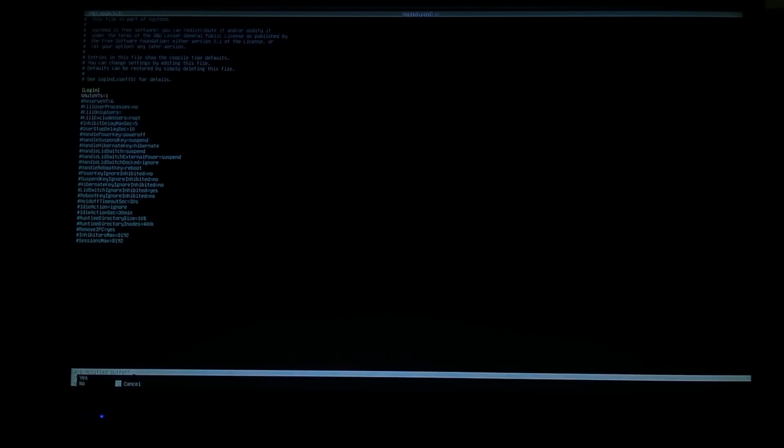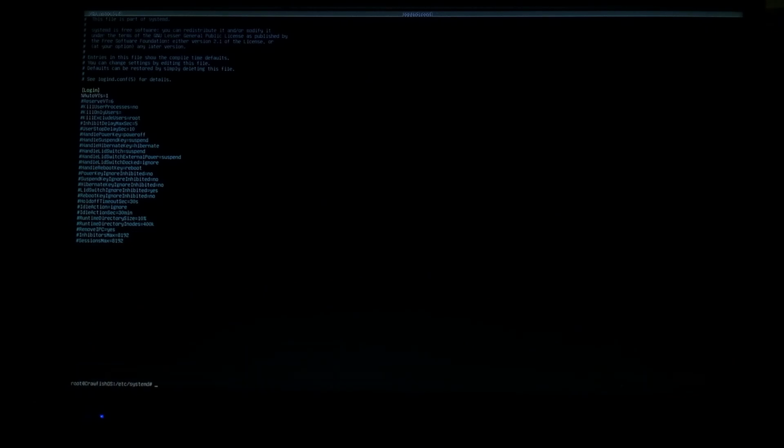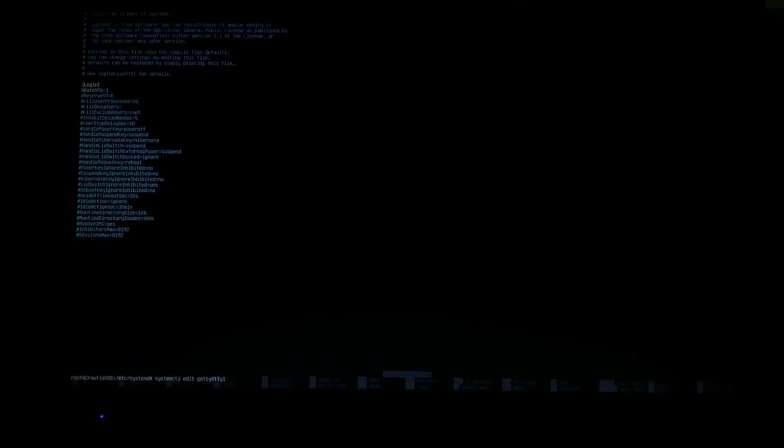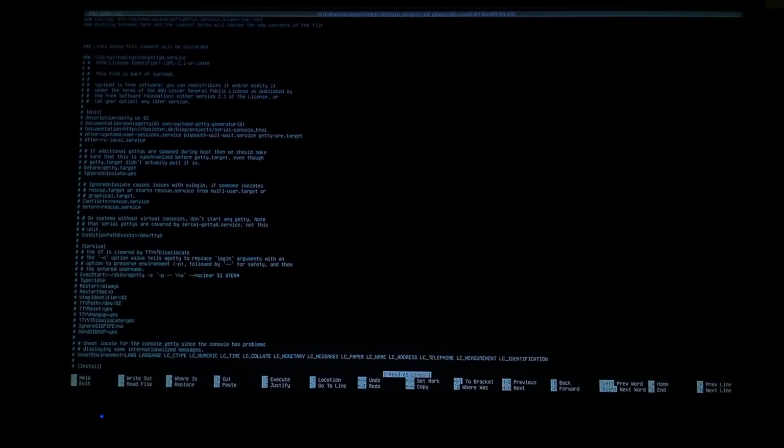We'll press Ctrl X to quit, and we do want to save the file, so yes, and same name. Next, we want to type in systemctl edit getty@tty1, enter, and then just in the first open gap we want to type in the following: [Service],